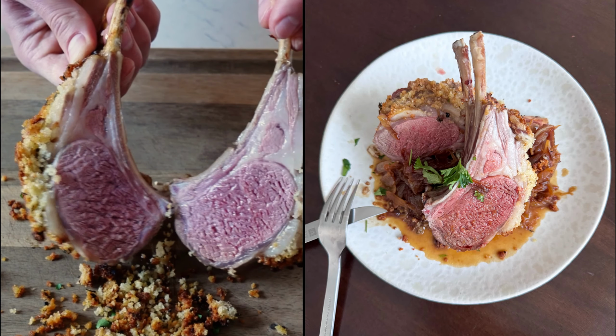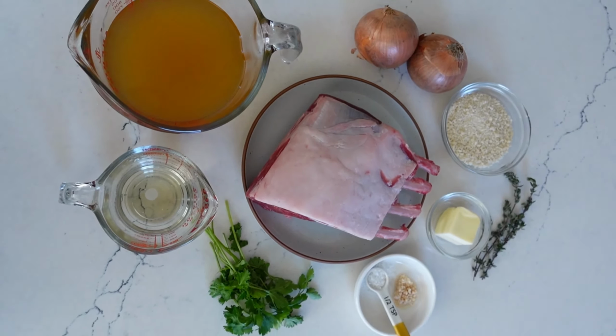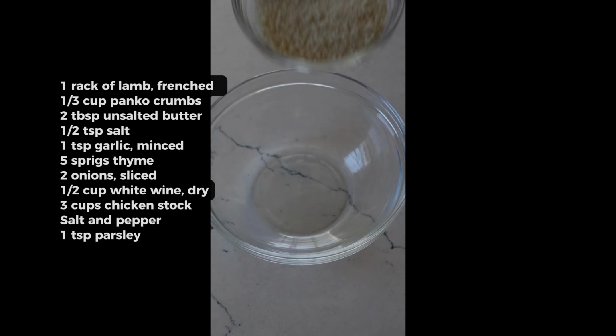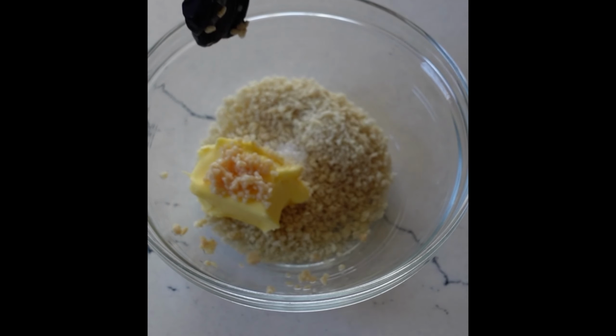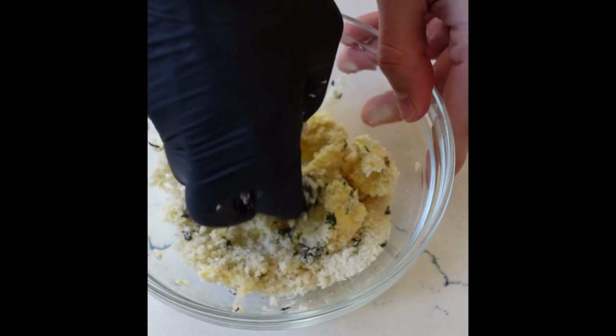If you're looking for a beautiful rack of lamb recipe, this recipe is it. It comes with a panko crust that is filled with flavor from spices. It's so easy to make. Preheat the oven to 400 degrees Fahrenheit, and then in a medium-sized bowl, make a compound butter paste by mixing